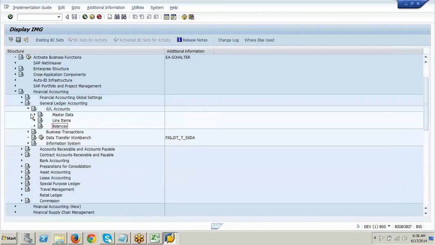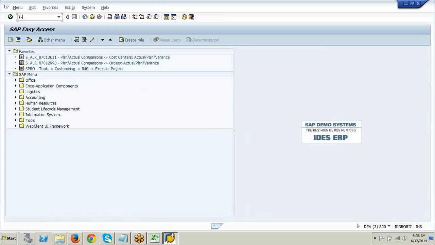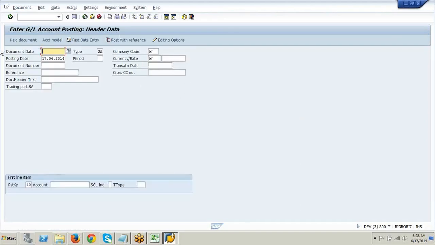Now, one more thing I was trying to show is, Bharti, we did the postings, right? Manoj and Bharti, over here, at the header level, this is called header data.